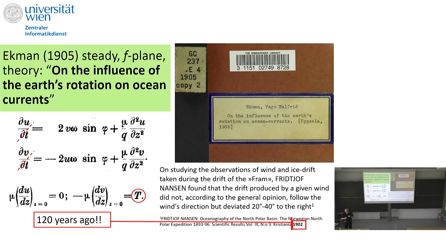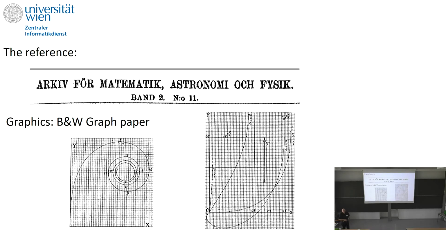Going back to our century, you see that he realized that the wind, direction of the wind and direction of the icebergs or the ship, they are deflected. They are not in the same direction. So he knew both, and he went ahead and solved it. And it's beautiful, when you read his paper,